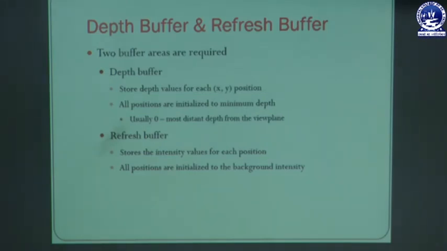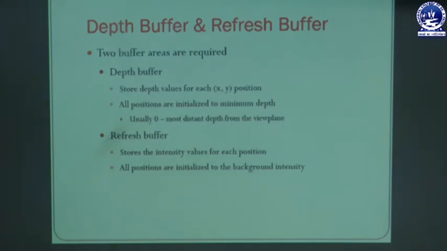That means a realistic image is provided. After that, when the surface is being processed, the image buffer is used to store the color values of each pixel position, and the Z buffer is used to store the depth value for each XY position. How does the scanning work? First, each pixel of the Z buffer is set to the maximum depth value, that is the depth of the back clipping plane.